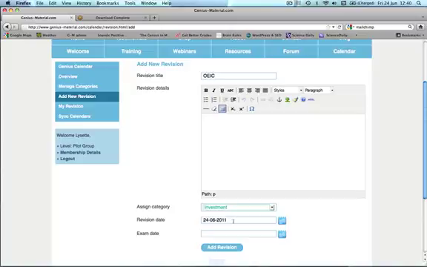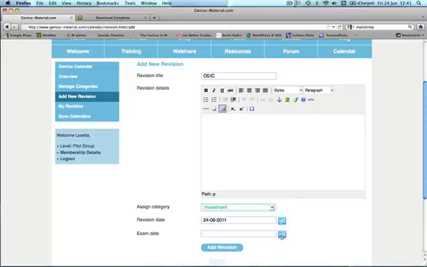That's just what I need. And I need to put in the exam date, when I will be taking the exam for which this information will be relevant. Now it's very, very important to put the exam date in because it acts as a stop for the sequence. Because what's going to happen is, once we've clicked Add Revision, the system is going to add this revision title, OEIC, onto your calendar so that you can see at a glance when you've got to go back and revisit it, and then it will keep reminding you that that's what you've got to do. But you don't want it to do that for the rest of your life. So you have to tell it when to stop,